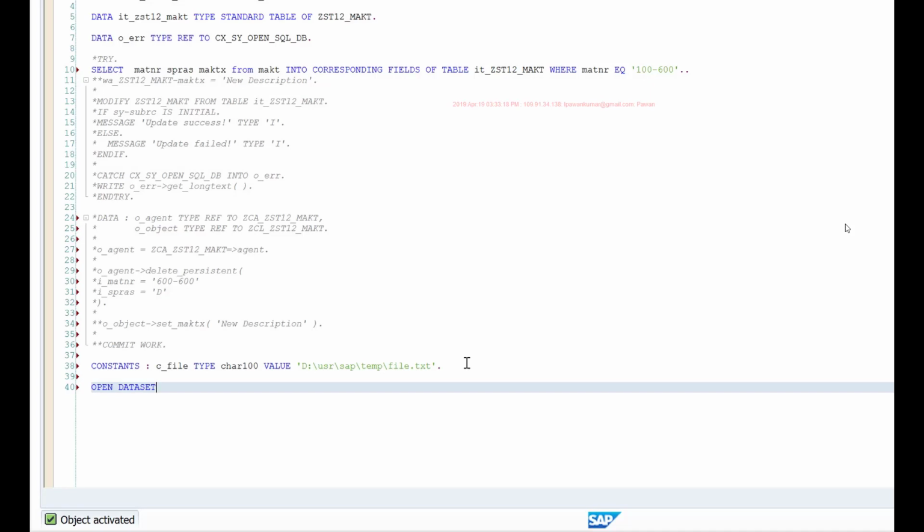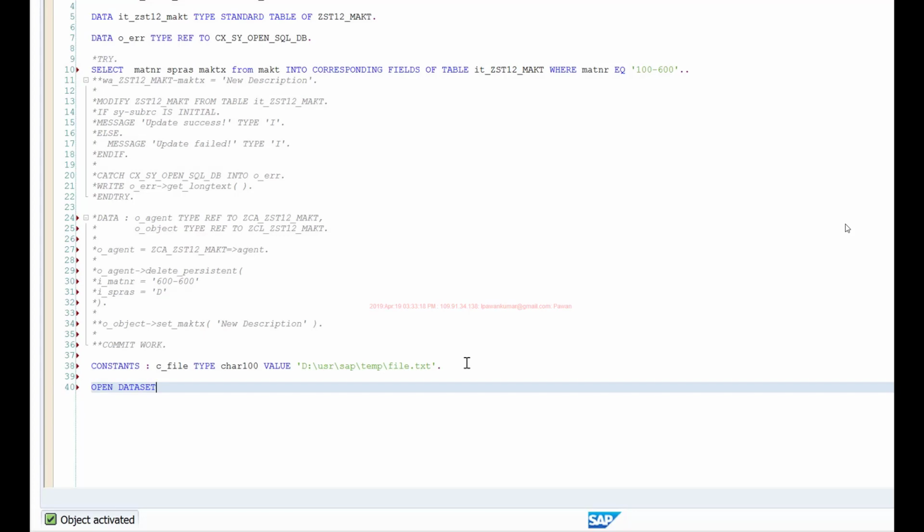So typically sometimes there will be certain external applications that want to process the data from your SAP system, and since they cannot directly access the database, we'll create these programs, inbound and outbound interface programs, where you can pull the data from your SAP table and store it as a file on the application server, so that these third-party external applications can read that file for processing.